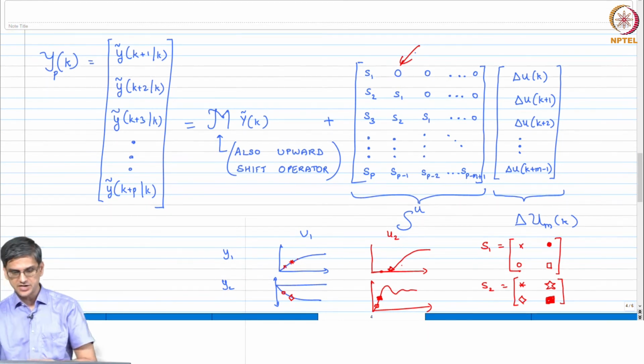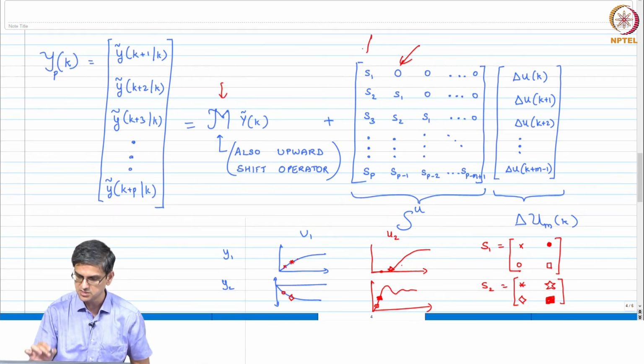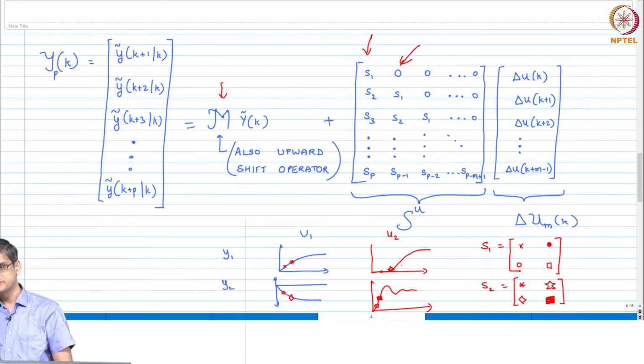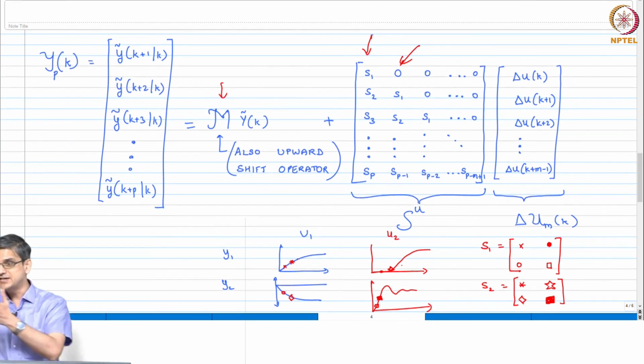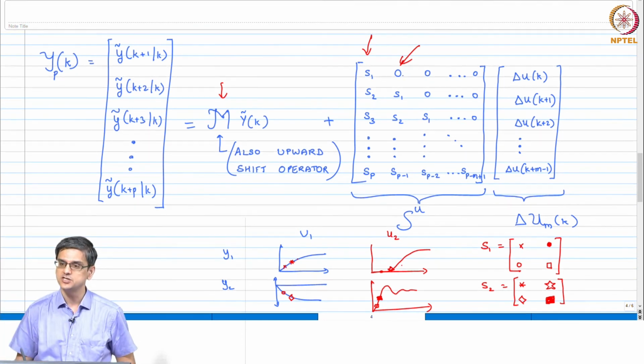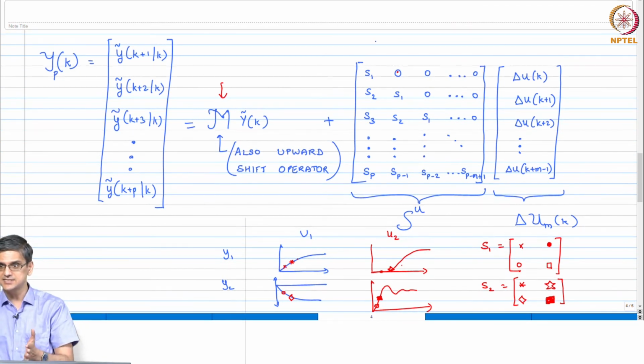If you look at one step prediction, it used a slightly different matrix, and just this guy. Now you are doing multi-step prediction. There is no real difference at all. But one step means delta uk is affecting k plus 1, but delta uk plus 1 is affecting k plus 2 also, so that also needs to be taken care of. But delta uk plus 1 does not affect k plus 1, therefore you have that 0, 0 over here. So it is the exact same S.